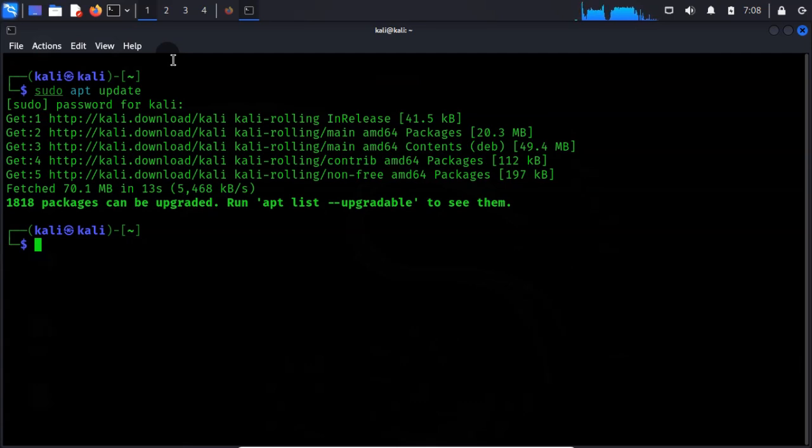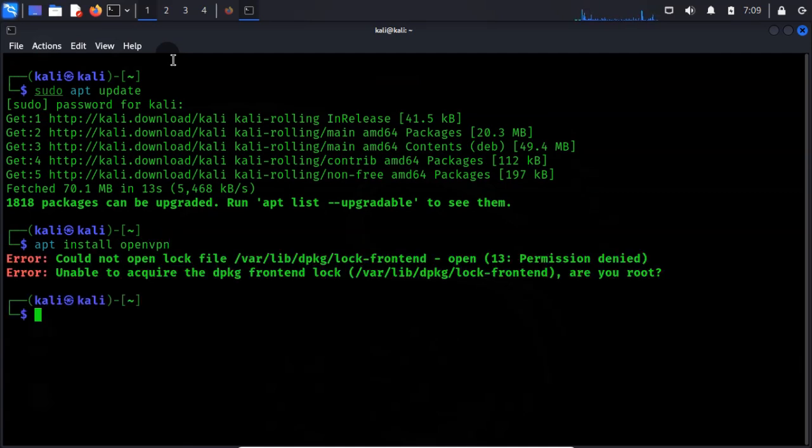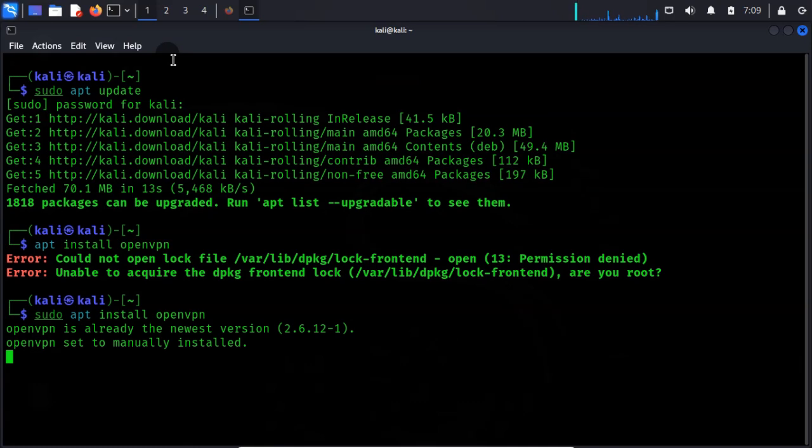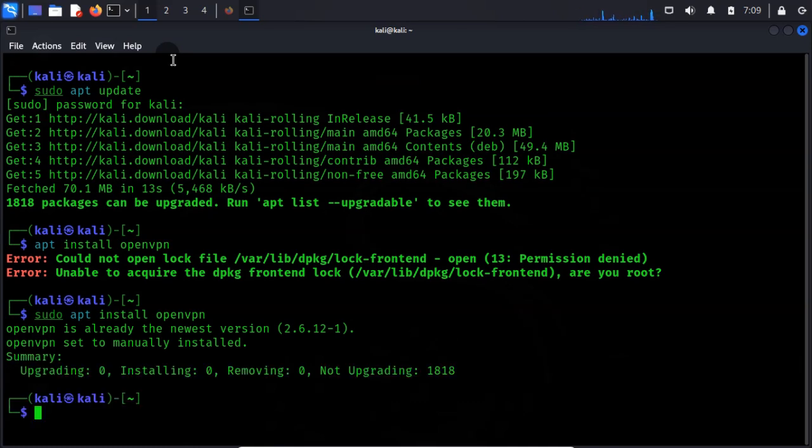After the update, you have to type apt install openvpn, so it will install OpenVPN in your system. The reason it is showing you an error is because I have not given it the sudo permission, so you have to type it with sudo: sudo apt install openvpn. Then it will download and install OpenVPN in your system, but in my system it is already